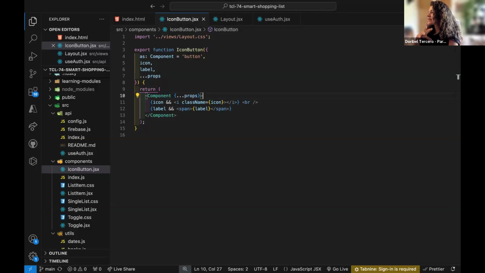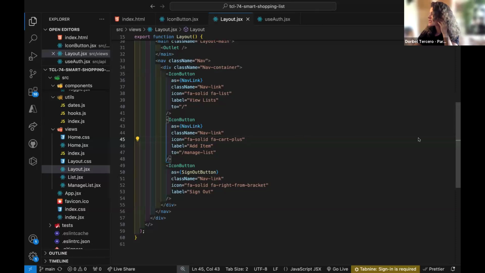And so this component renders an icon and a label that is wrapped inside a dynamic component, which could be a button or a nav link, which again provides us with flexibility. Now, when you see the demo, you will see that the icon is displayed above the label. This is thanks to the props, I believe, in layouts.jsx. So let me go to the code. So this is our layout.jsx